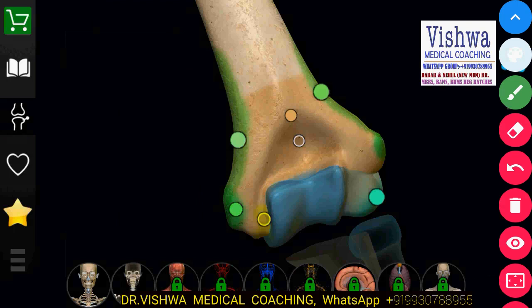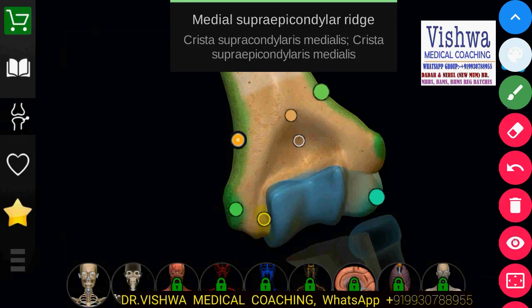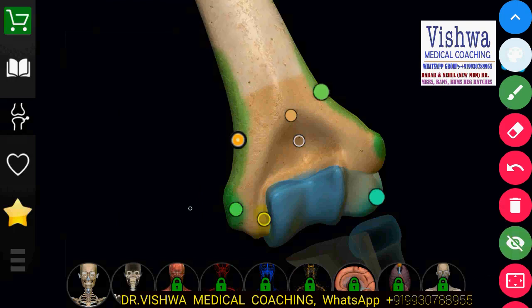When the lower end of the humerus is going to start, it becomes more broad, as you can see. The shaft is becoming more broad, and the two crests which are very commonly seen, if you can see here, we have a medial supracondylar ridge. This is the medial end, this is the lateral end. This is called the medial condyle, lateral condyle. Medial condyle here, lateral condyle here. Above the medial condyle we have a medial